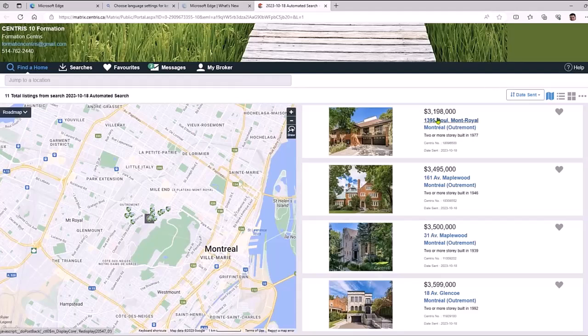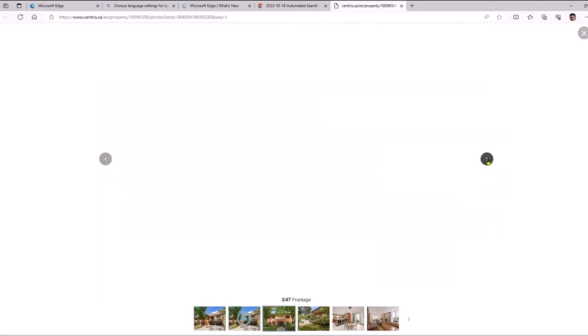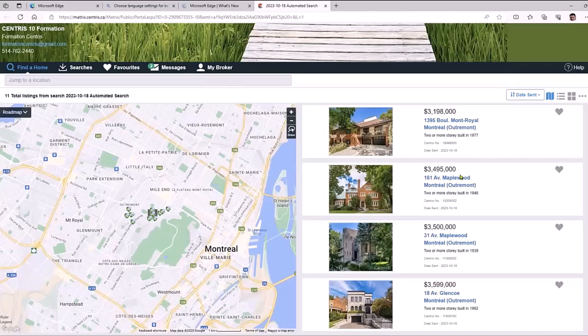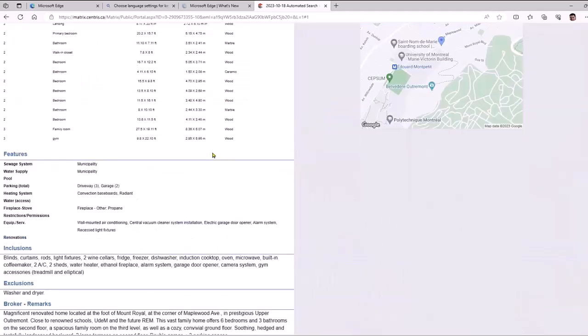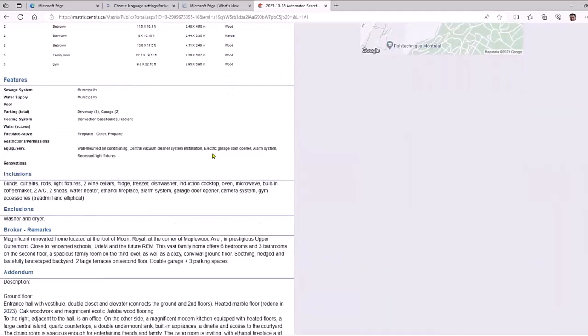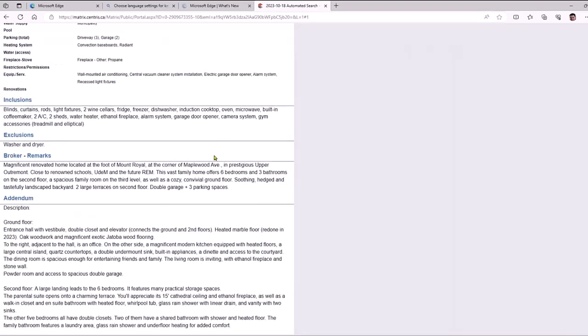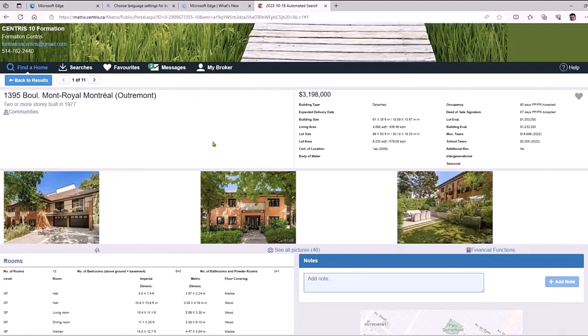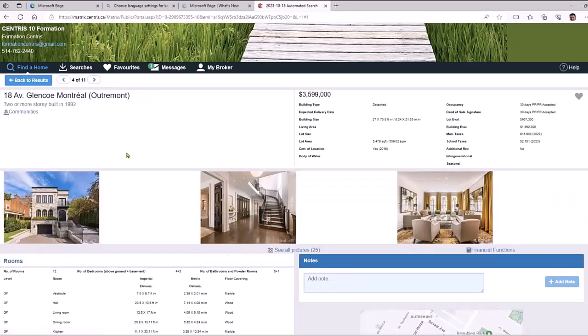I mean, you can tell them if they click on a picture, well, they'll see a picture, right? They can click next, next, next, etc. We're not interested in those, but we can do that. If you click on the address, it'll actually bring you to the listing with information in here, right? Description, broker remarks, notes, etc. It's all in here. Same as whoever put in the listing, the information is in there, right? And we can click on next property, etc. So again, same as we get to utilize the Matrix system.